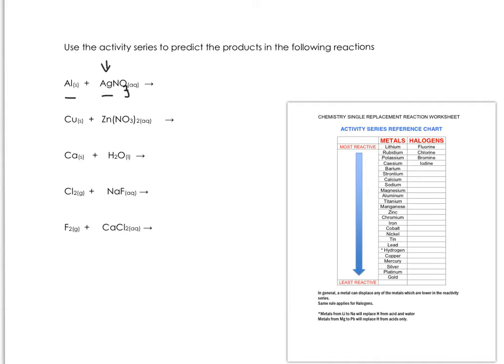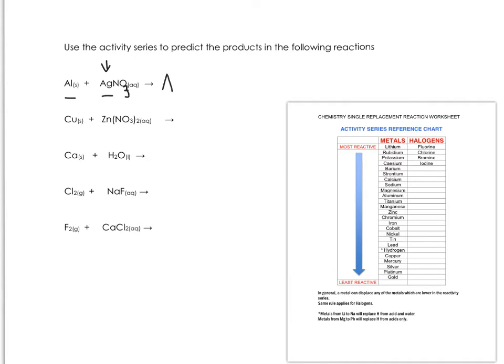So aluminum. So find aluminum on the chart. And is it higher than silver? So aluminum is here, and silver is down here. So aluminum is higher than silver, so it is more reactive,